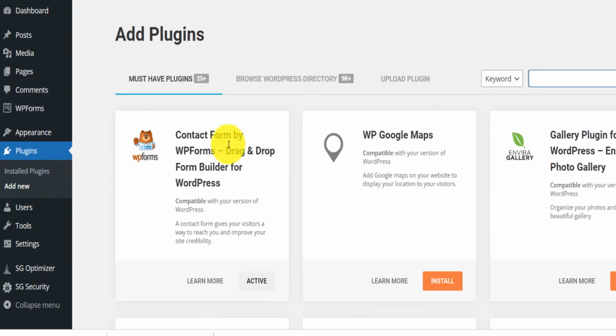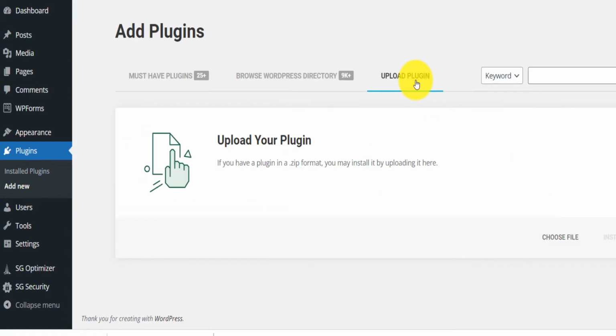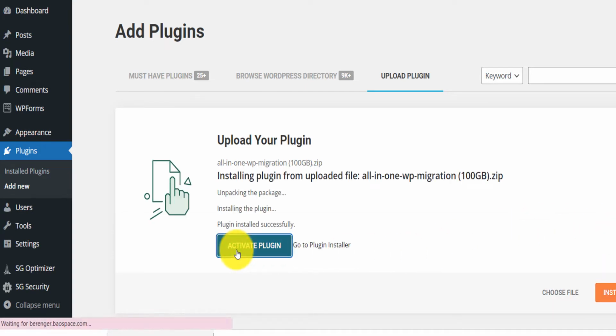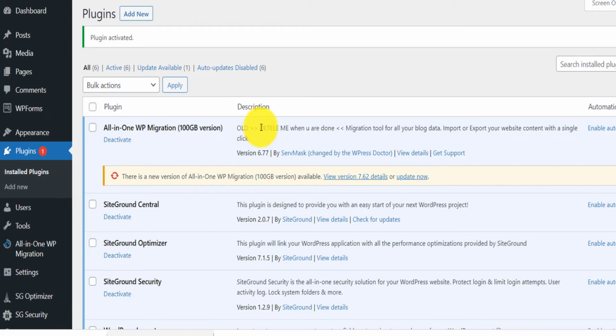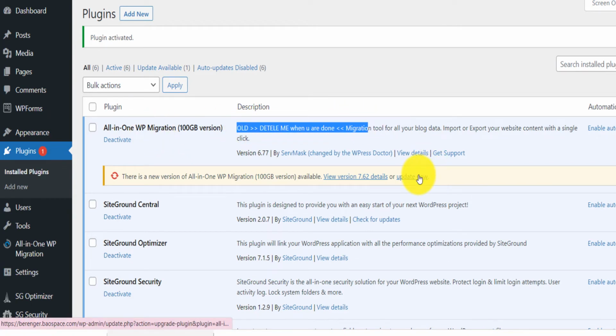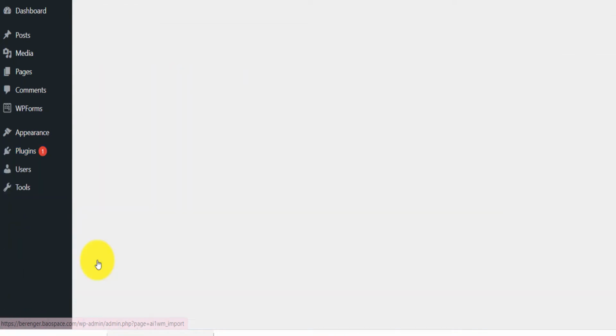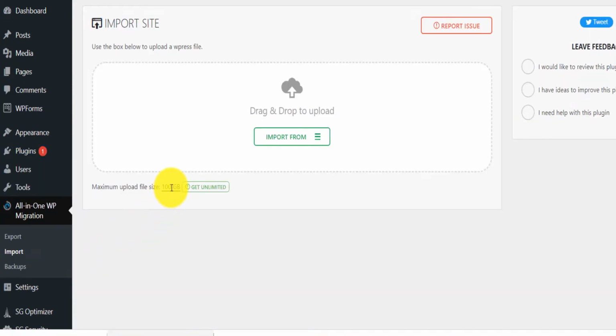Add a new plugin. I'm going to upload a new plugin. Again, I'm going to drag this one here and install now. Activate that plugin. You will see that it says an older version. If you click on update now, it will update again to the new 256 version. So don't update it. Leave it like that, and after that you can delete. But if you go back here and you click on import, you will now see that the version is up